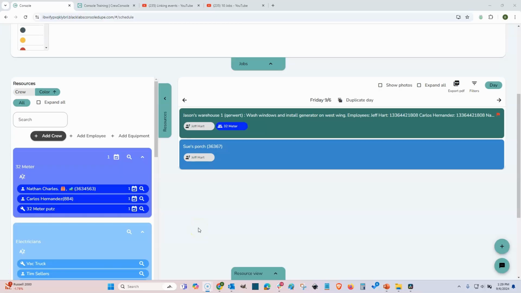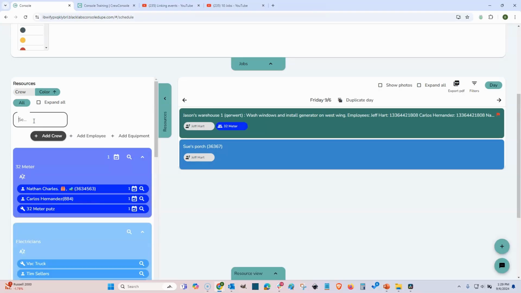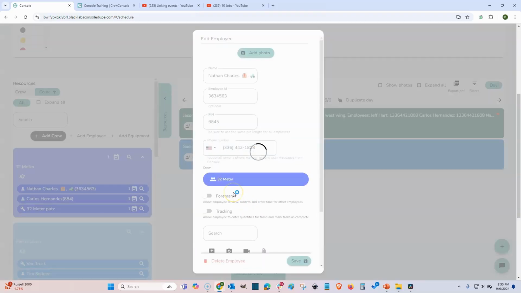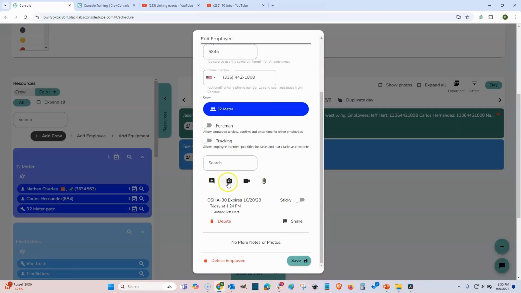So Crew Console now has a deep search feature where not only can I search for an employee's name by typing it in, we also can search for employees' notes underneath their names. Now these notes, of course, the employees can't see about themselves. What happens here is any kind of note, video, or attachment that you store in here, you can look